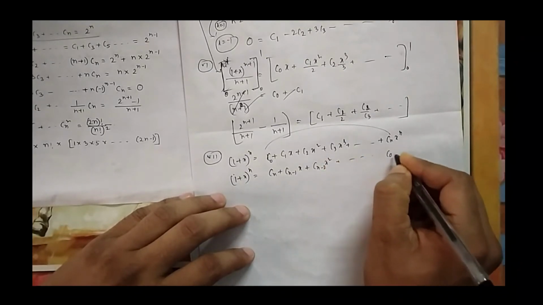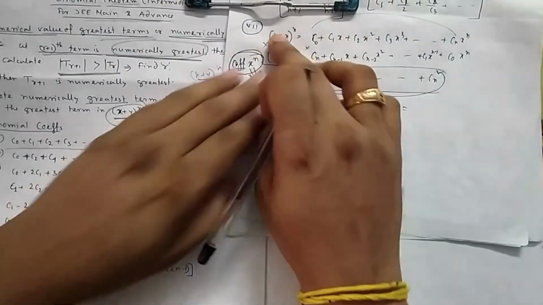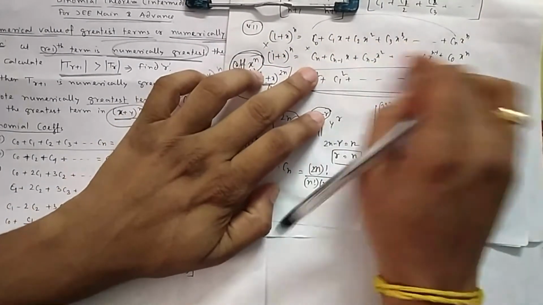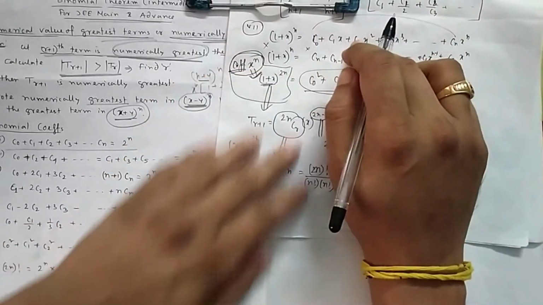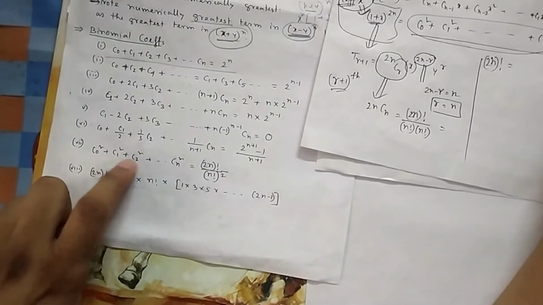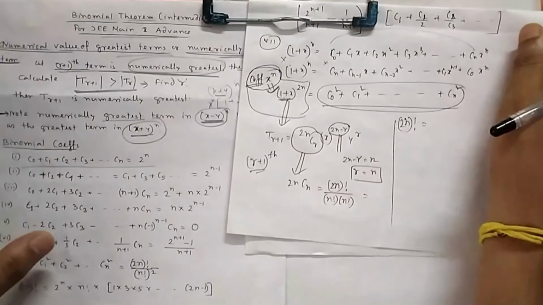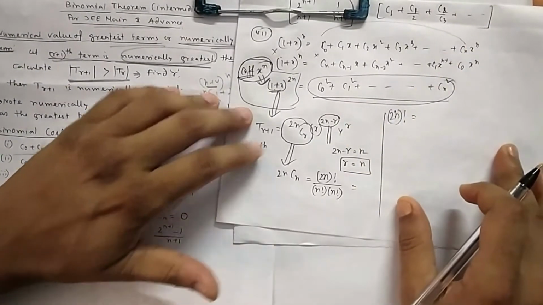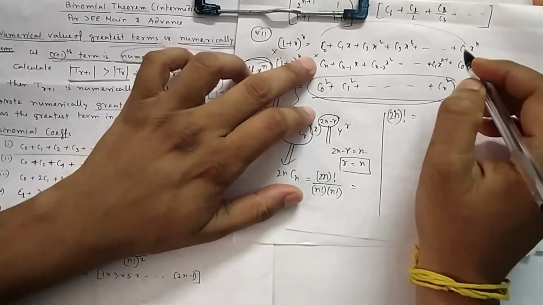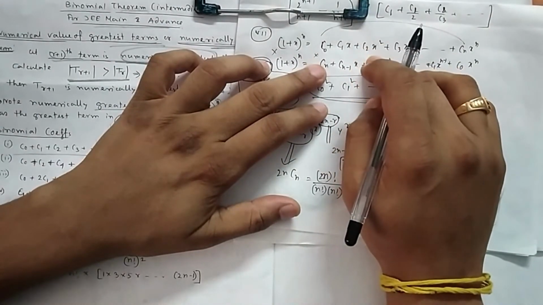Dot C0 x to the power. Now why have we written it this way? First we have written this one, then we have reversed it. Now why have we done this? Because if you see the proof, what they are asking me to prove is C0 squared, C1 squared, C2 squared, that means the binomial coefficients are multiplied. So somehow we have to multiply it so that the coefficients get multiplied.